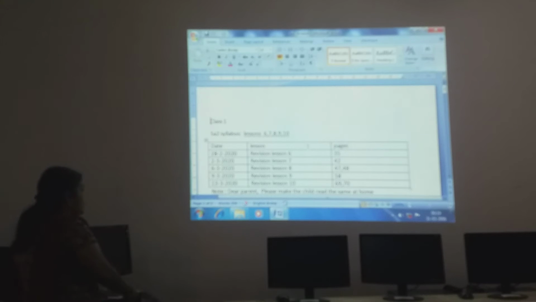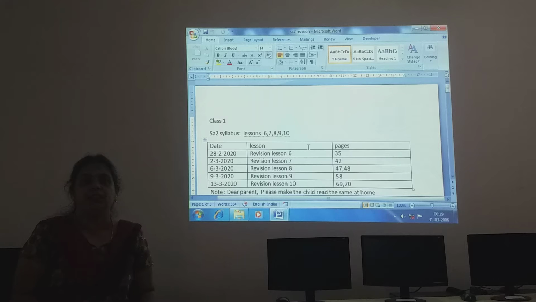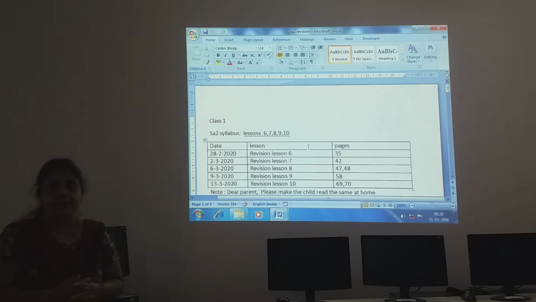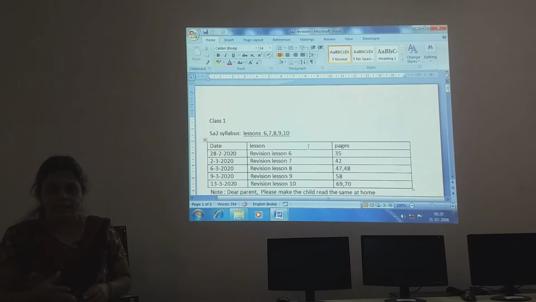So we are going to start with a new lesson, advanced features in MS Word 2007, children. In the previous lesson you saw about formatting, that is editing the text, making it bold, italic, underline, increasing or decreasing the font size, changing color, like that you have learned. So here in MS Word we will learn advanced features. What extra can we do in this?